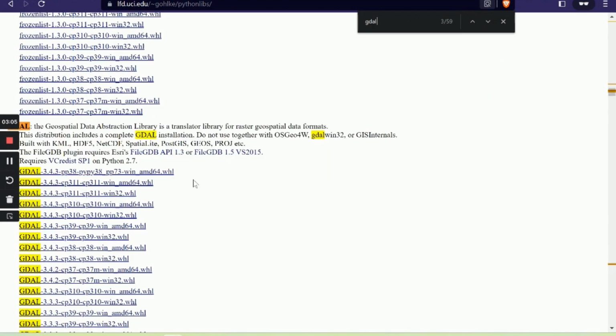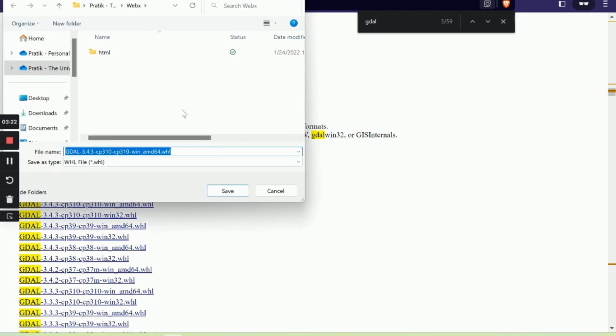So find the GDAL file appropriate for your computer. So this is the Python version and this is the computer architecture. So for us it will be 3.10 and 64. Just download this, place it somewhere appropriate,